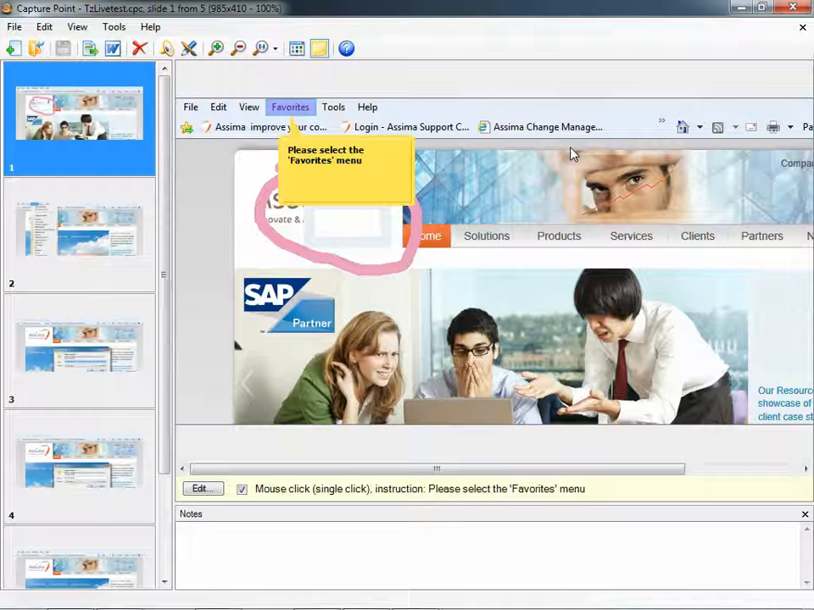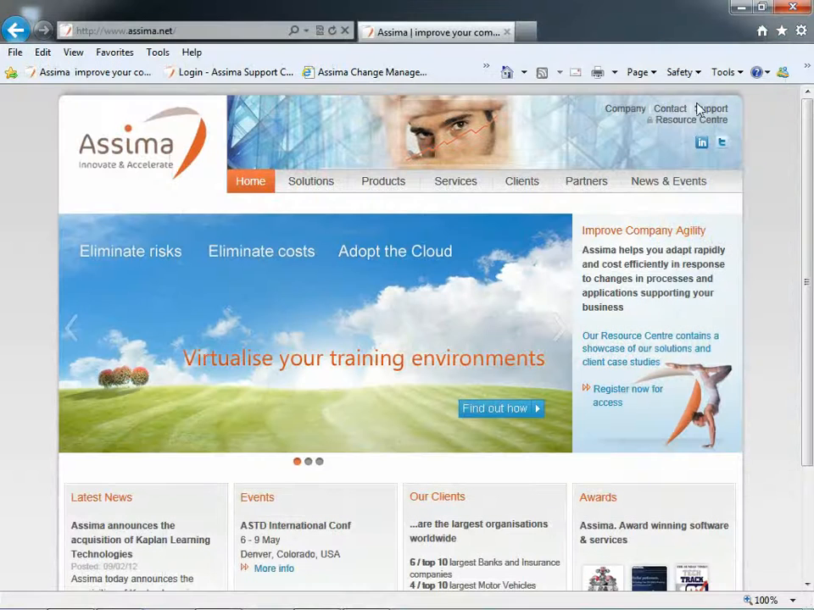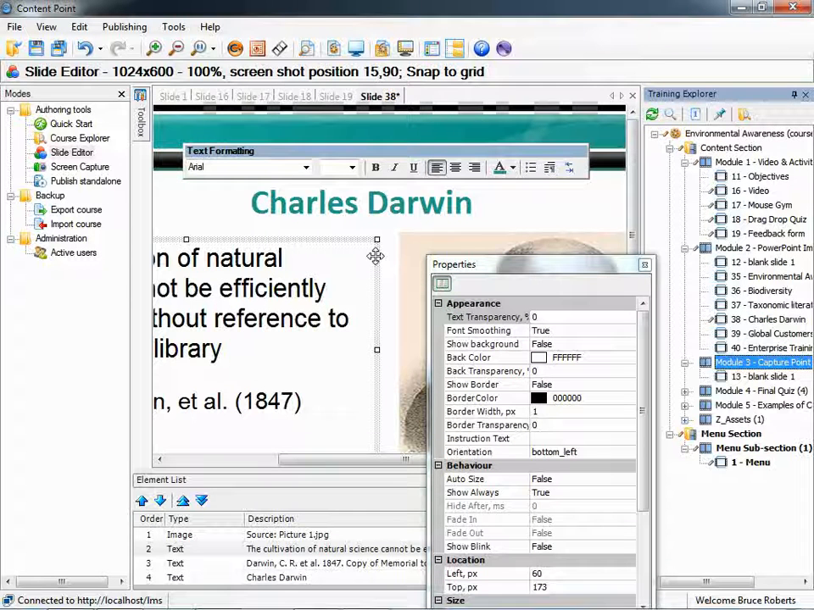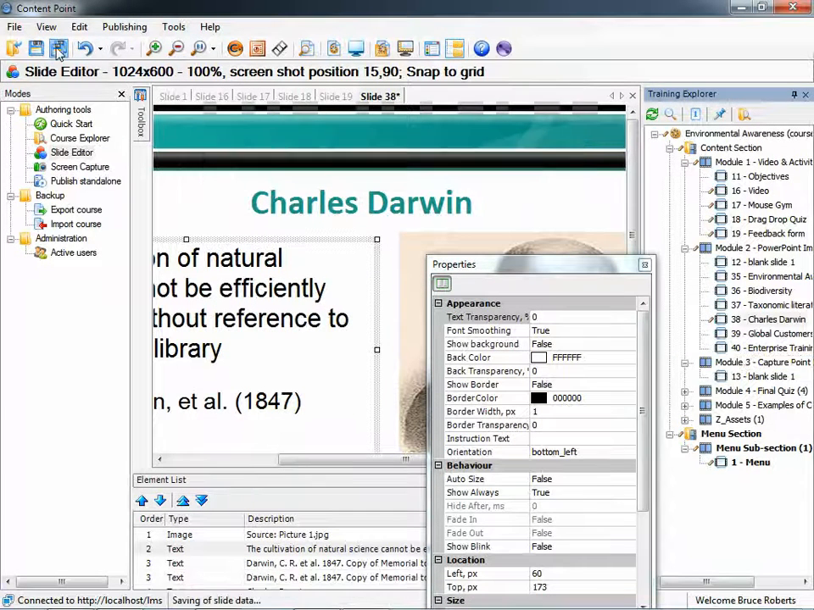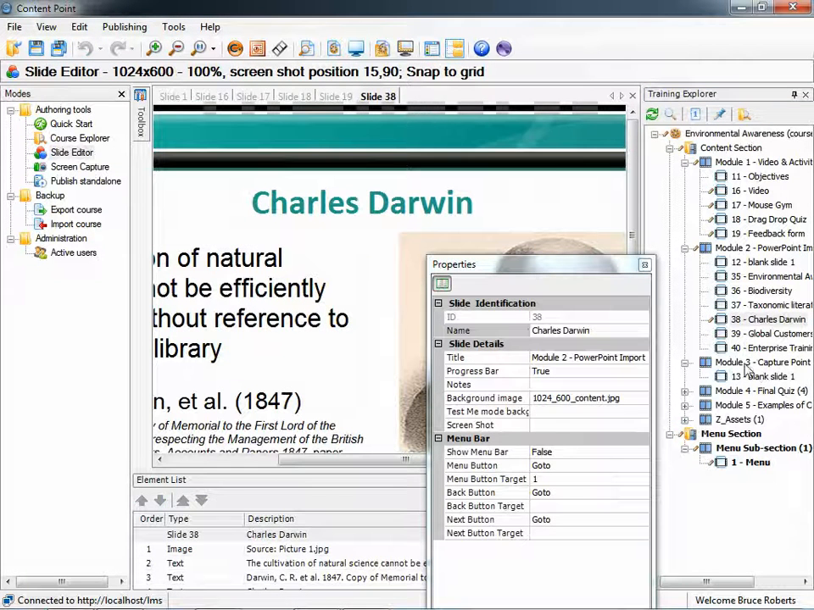Okay, so we'll save the changes that we've made so far, and we'll just leave this Word document and come back to Capture Point. So that's the end of capturing. We need to bring this into Content Point. We must first close Capture Point down. Once we've closed Capture Point down, we need to come back to Content Point, and we need to save the changes that we've made to any previous pages, and we're then going to come over to our Training Explorer on the right hand side and select Chapter 3